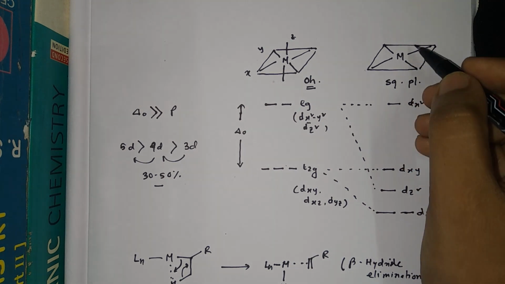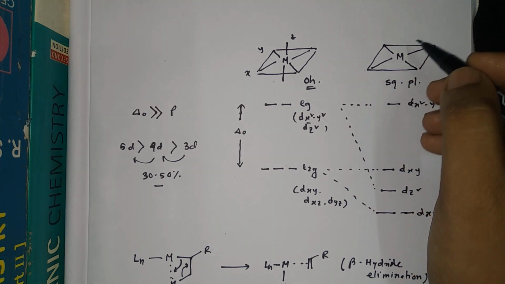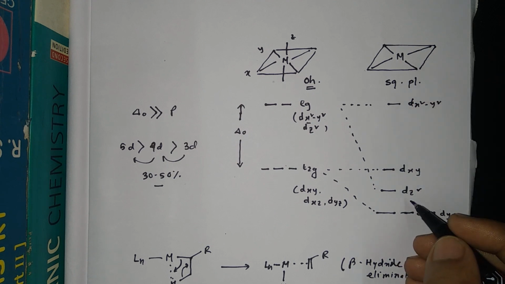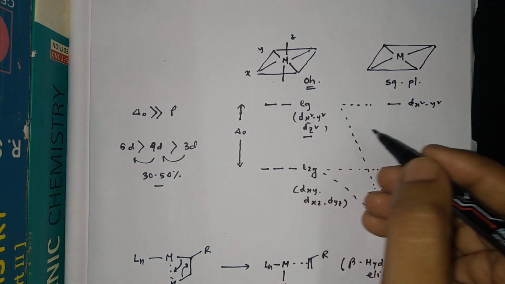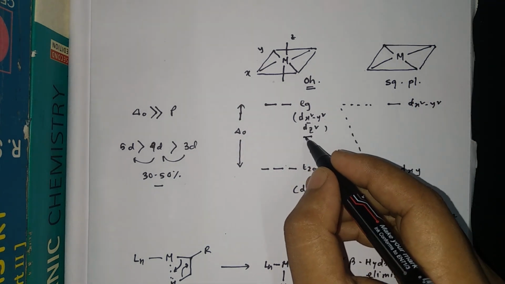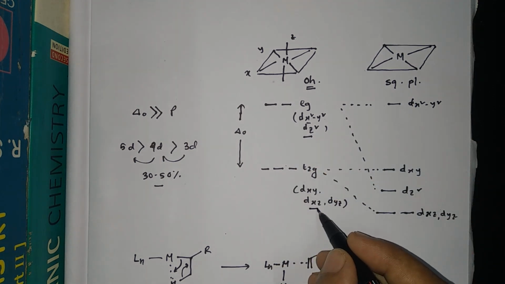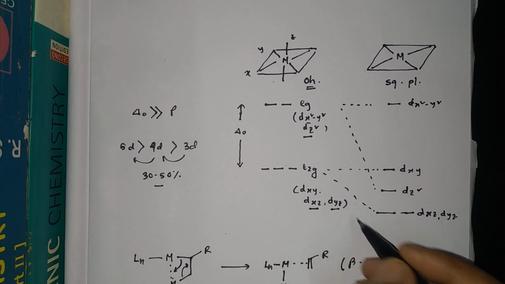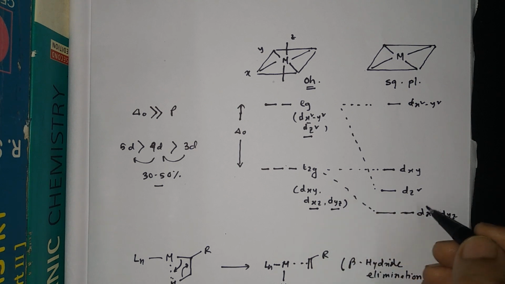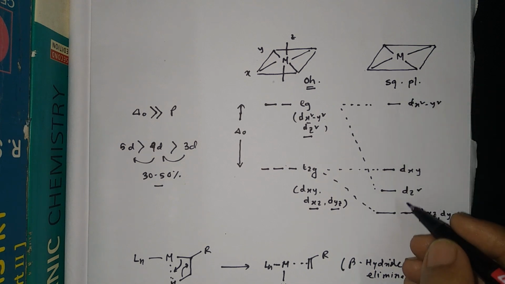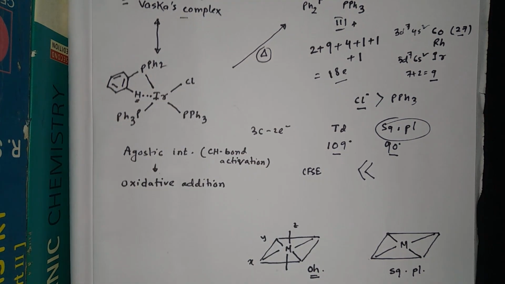After that, in the square planar, the z ligand will vanish, and hence the repulsion along the z axis will be very less. What will happen? The z orbitals will be stabilized. So among these two, dz² will come to a lower energy, and among these three, dxz and dyz, which are the z contributors, will come to the lower energy, and hence this will be the energy level of the orbitals. Now how many electrons are there in this square planar complex, this Vaska's complex?